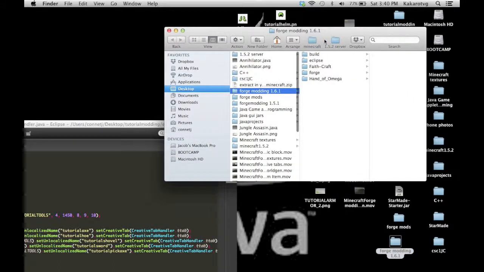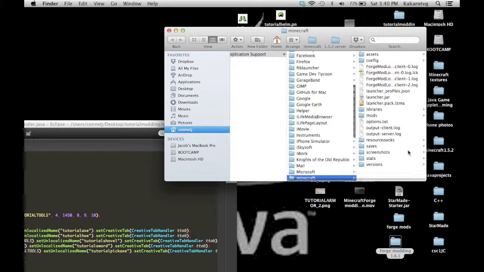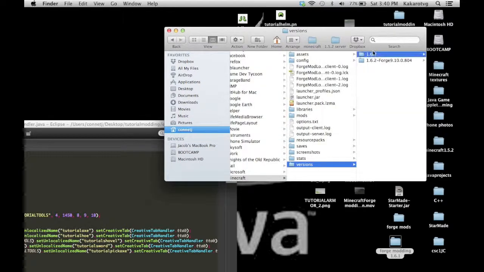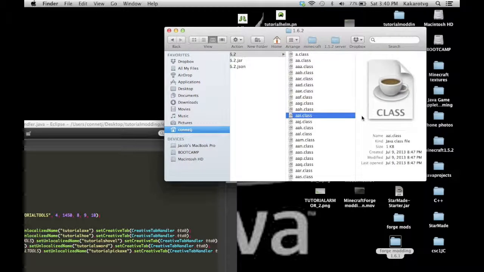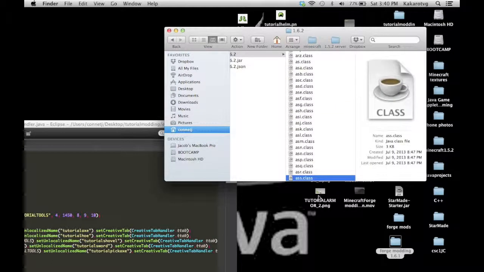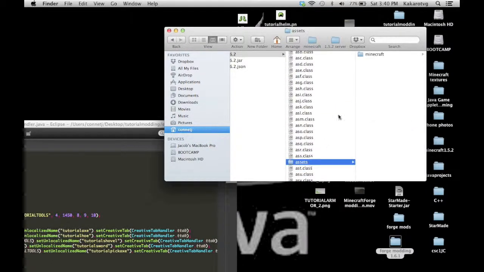get to those textures, we need to go into the Minecraft folder, versions, go into the actual jar, unzip it, open with WinRAR, go to assets, and then,